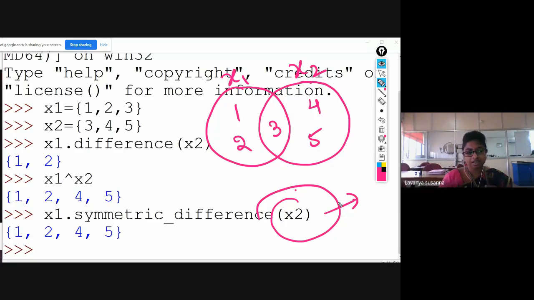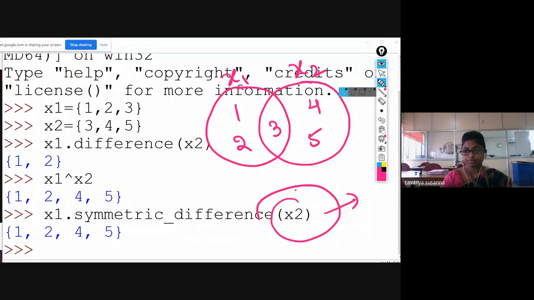You can pass a set variable, a string, a tuple. All immutable objects you can pass. Coming to symmetric difference, you cannot pass strings or integers or whatever it may be. You have to pass only sets.